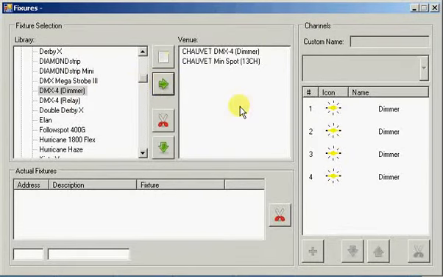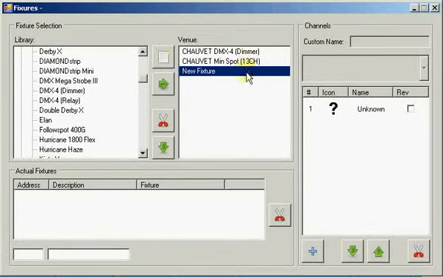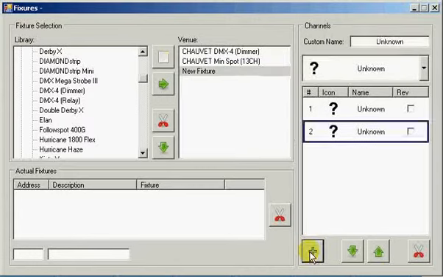Now, what happens if there's a fixture that's not present in our library? This can definitely happen since fixtures are coming out all the time and we can't always update our library to match. To do that, simply hit the new fixture button here and a new fixture is added. And then hit the add channel button